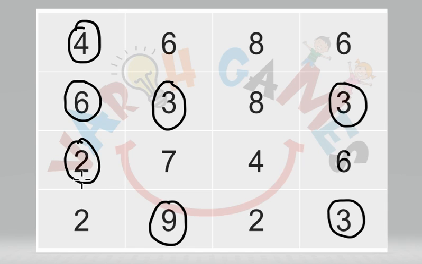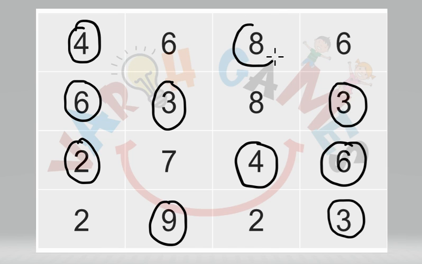Now let's look at this row. Over here 2 is taken. How much more required? 10 more. And what is the possibility for that 10? It's 4 plus 6. So that is the only possibility. So we can circle it. Now let's look at this row. 4 has been taken. How much more required? 8 more. So only this 8 is the possibility. The two 6's cannot be used. So we know that our game number puzzle has been solved.